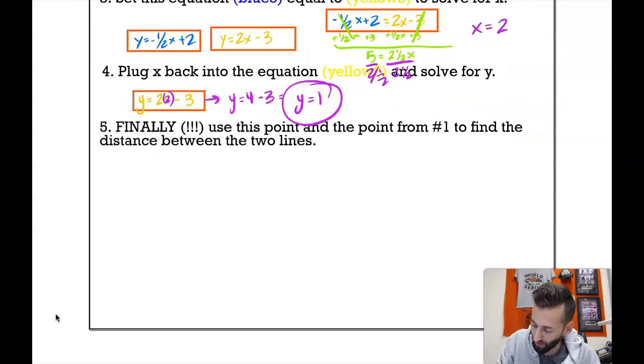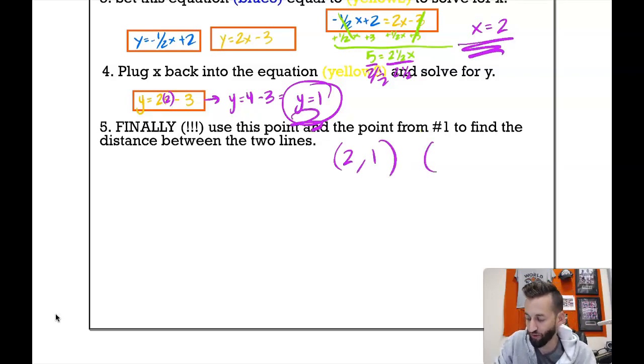So there's your coordinate, 2 from this one, 1 from this one. That's your other coordinate, and we use our point from step number 1 to figure that out. Okay, this is a long process. Listen,